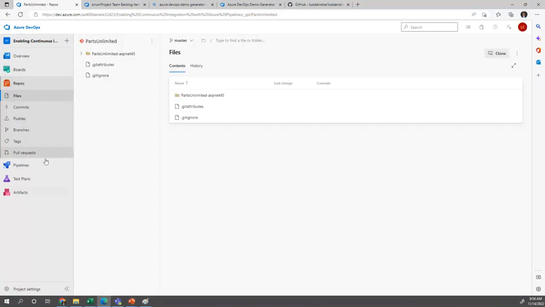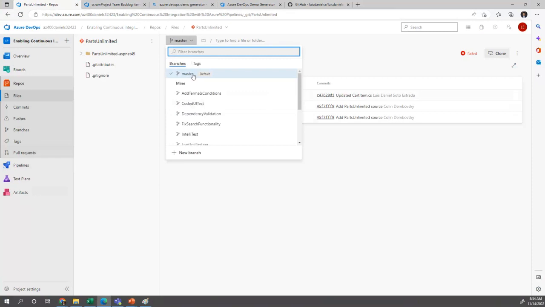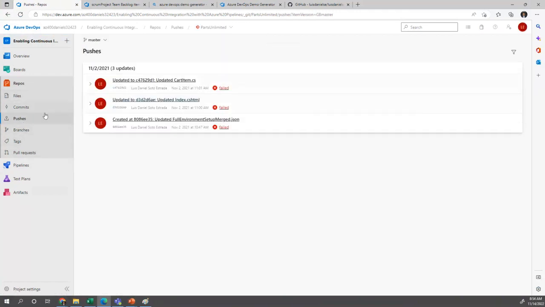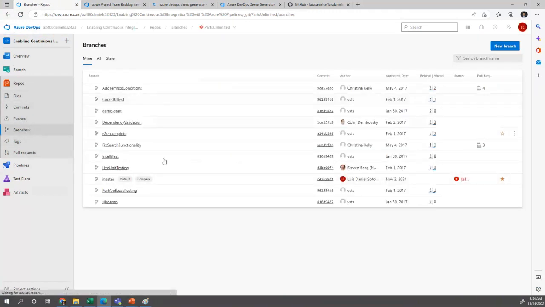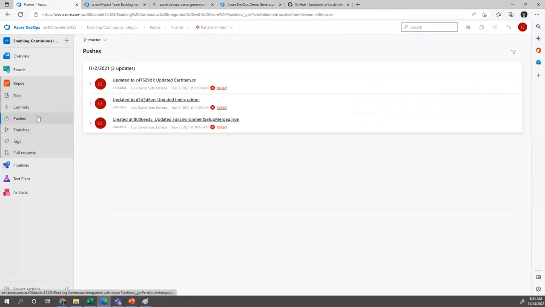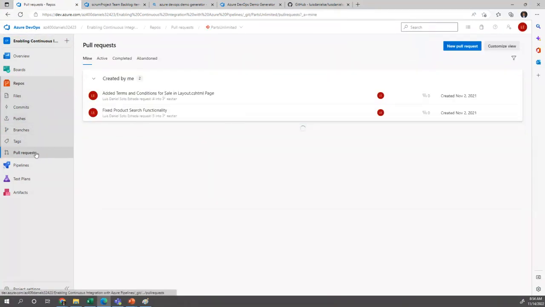The second lab is to start working with the repositories, such as you have different branches, and you will be able to connect to your local machine, perform some changes, and those changes are automatically going to be visualized here, such as if you create a new branch, if you make a new push, if you perform a pull request. So all of the changes are going to be visualized directly from